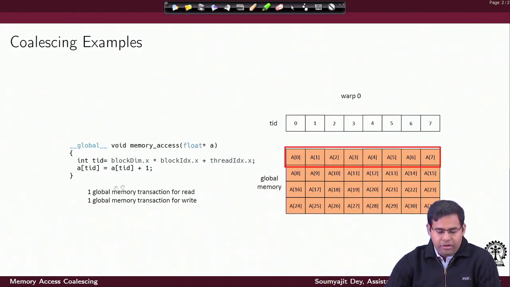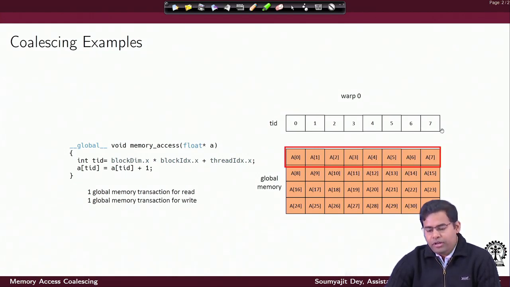You can have a single global memory transaction for this read operation. Here is a simplistic example again. We are assuming that the global memory transaction width is 8 cross 4 bytes, that is 32 bytes. Just assume that. We are not drawing 32 TIDs and all that here. So essentially, I have one global memory transaction which will suffice for doing the read operation for all the thread IDs here, right?